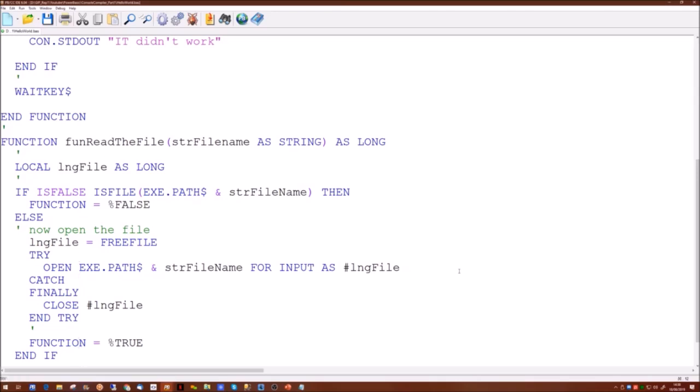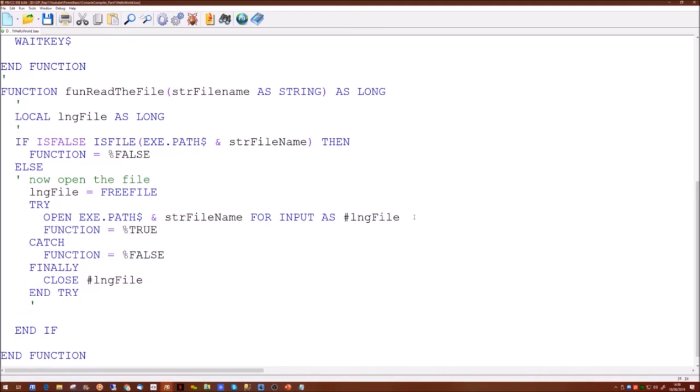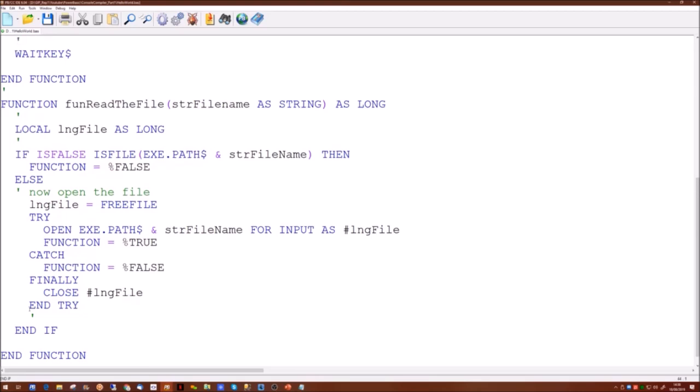So we're going to try and open the file. If we don't open the file, then we can do something. So we can make the function equal to false, and only if it's successfully opened will we say that the function is true. So we'll put that up there, so that for some reason although we've detected the file exists, when we try and open it, we can't open it for some reason.